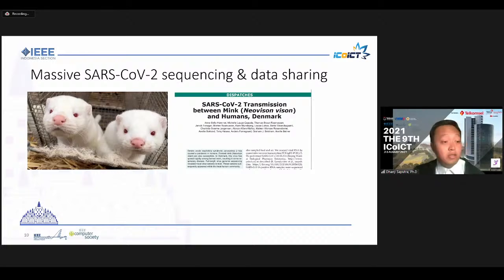When that news came, with only 6 patients, the Danish government, through the prime minister, exterminated all the minks in Denmark. It was very controversial because we were killing animals, so the animal-loving society got angry with Denmark. But this was one of the sources of the new